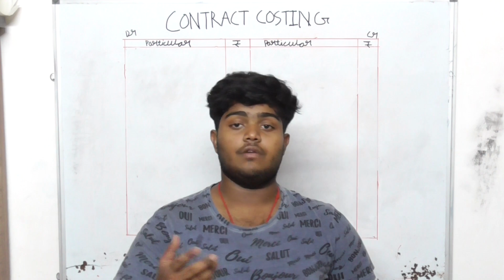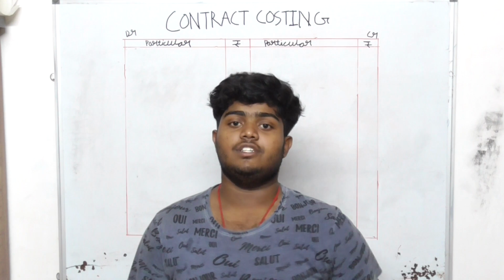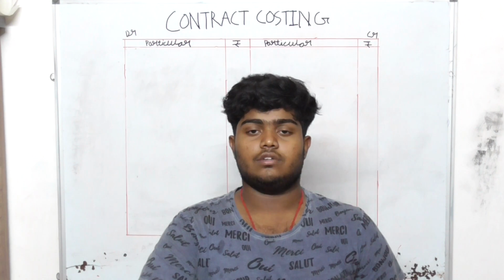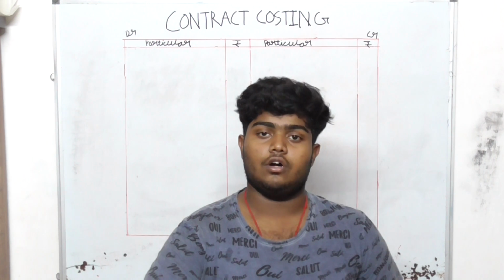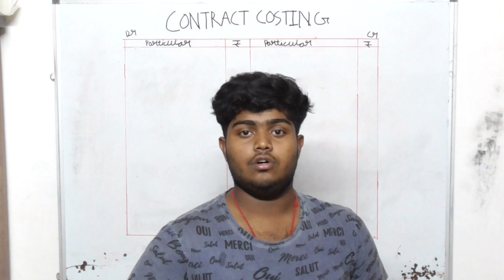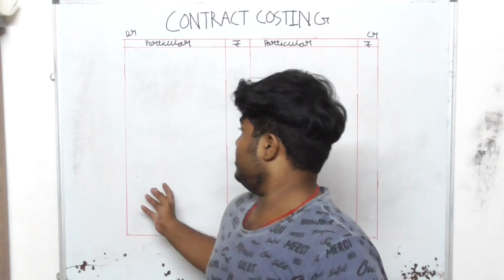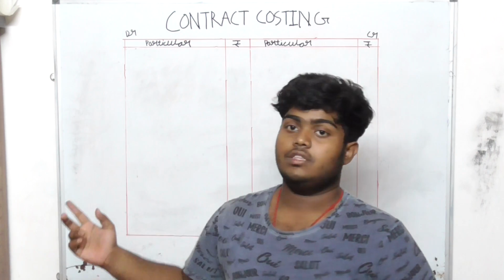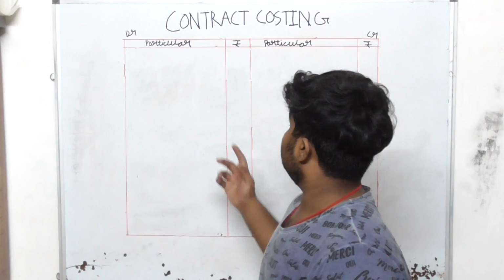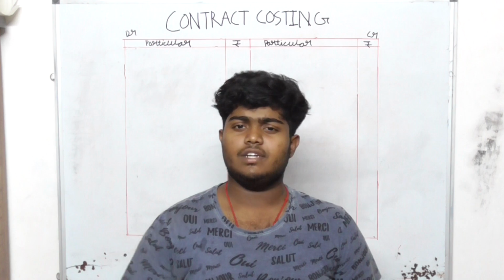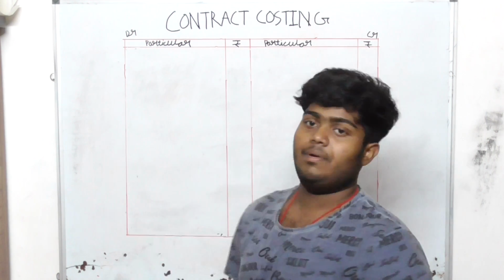Suppose imagine the government gives me a contract to make a bridge. To make the bridge, the government has to pay the charges or the cost to make the bridge, and also my profit. So how could the government calculate how much it costs to make the bridge? By the contract costing formula or the math, the government is able to calculate the total cost. So by the contract costing formula, anyone can calculate the contract cost or the contract payable amount.